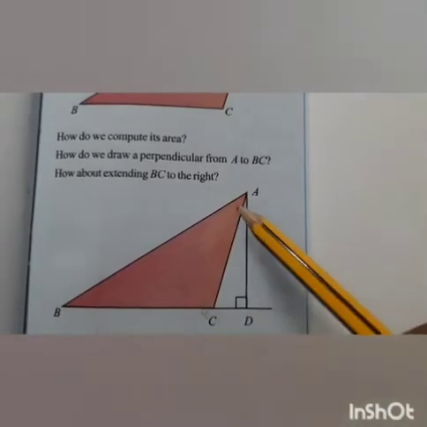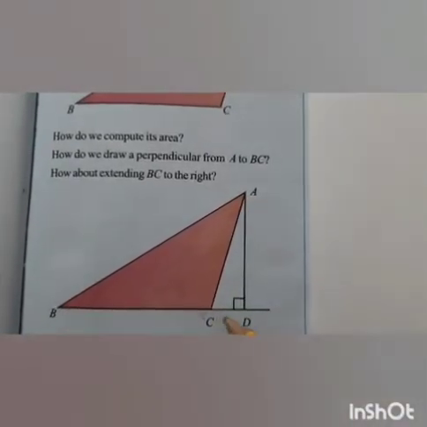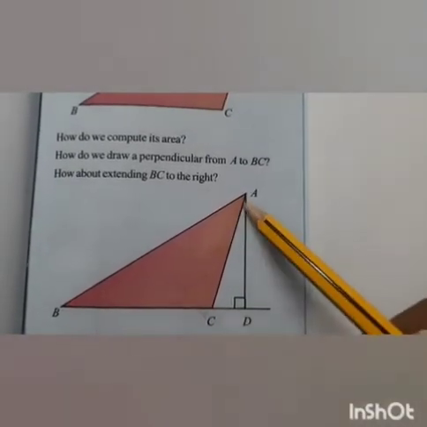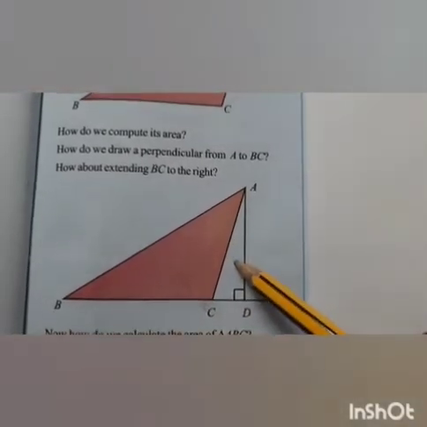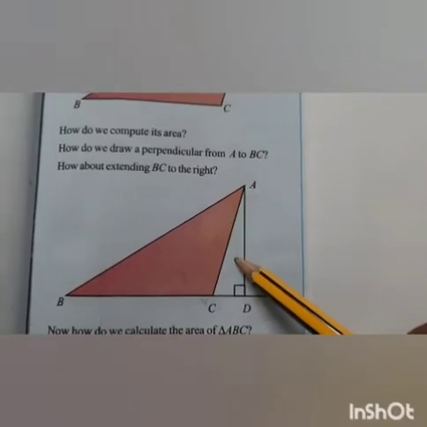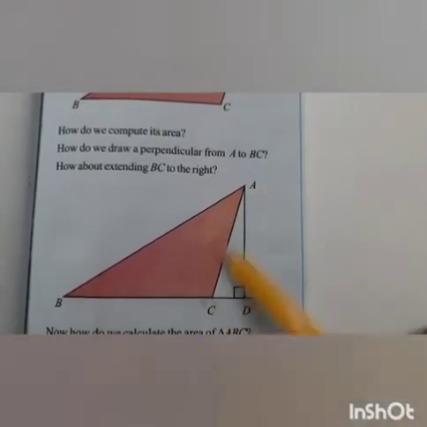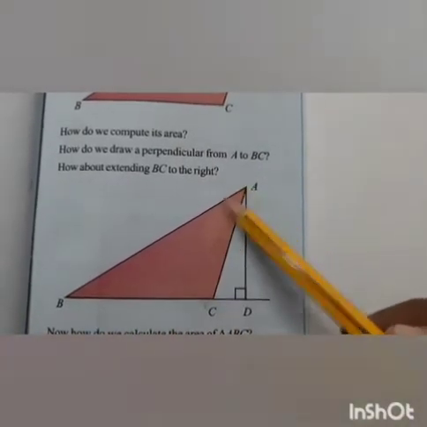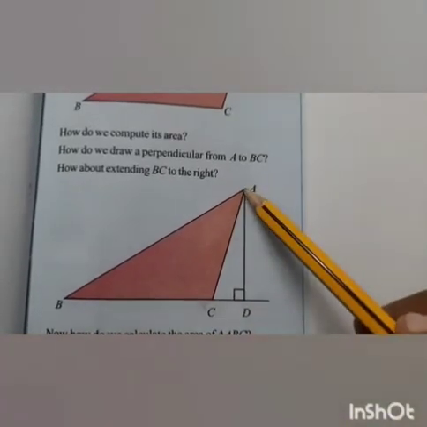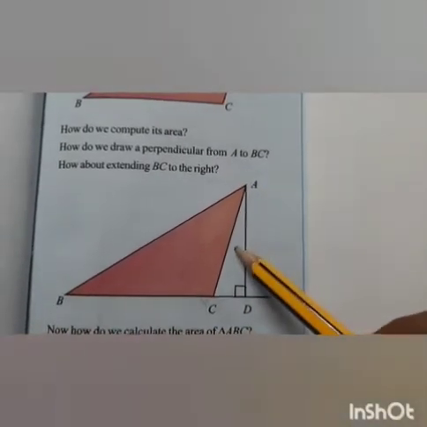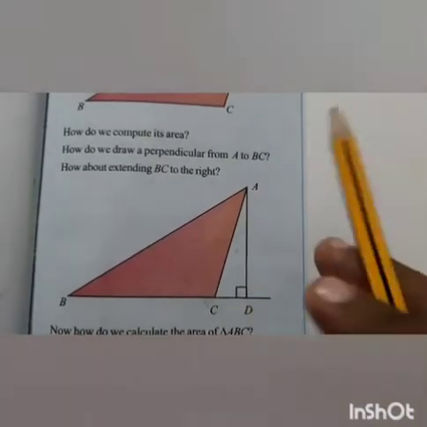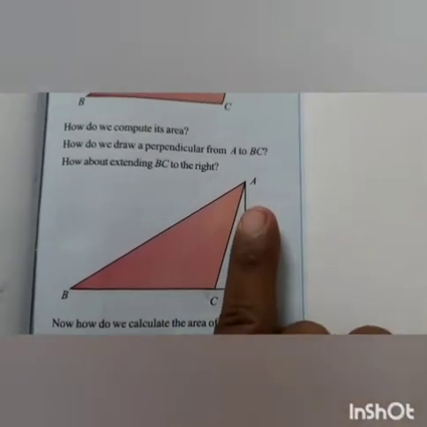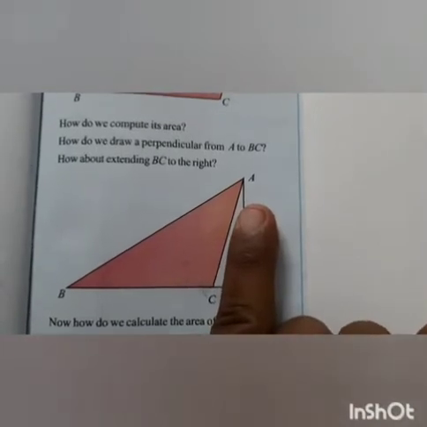Then we can find out the area of ABD and ACD. Then after that we have to remove the area of this small triangle, so you will get the area of ABC. So the area of the bigger triangle we have to find out, then the area of this small triangle you have to find out. Then you have to subtract it, so we will get the area of the shaded portion.